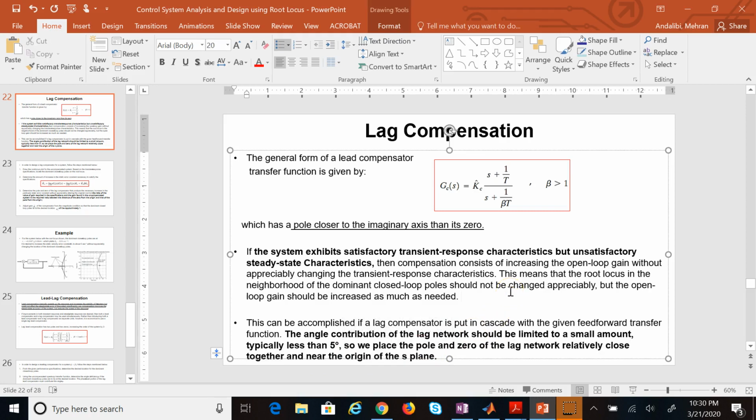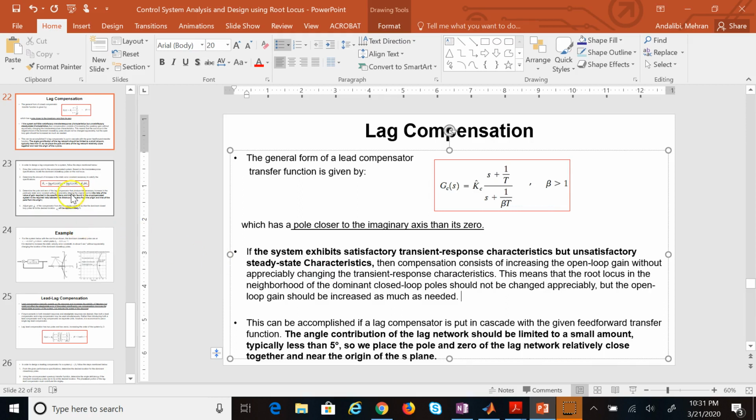So we are not going to choose the pole or zero like in the previous example, where the pole was at negative 4.6 or something. No. Here, in the example we are going to solve, we choose the pole and zero of the lag as very small numbers, very close to the origin. So they only affect the origin. And the other thing is,